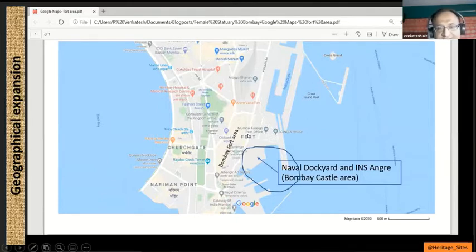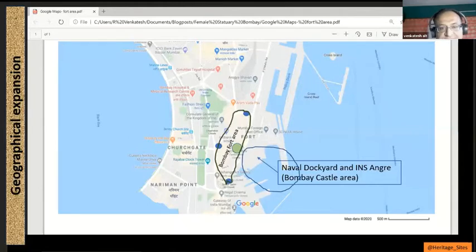Then comes the Bombay Fort area, where the fort gets completed by approximately 1710, plus minus. This green dot here is Horniman Circle. These blue dots here are the gates. The one westward, towards the left, where my cursor is, is Church Gate. The one on the north, Bazaar Gate. The one to the bottom of the screen is Apollo Gate. So this Bombay Fort area, as we all know,